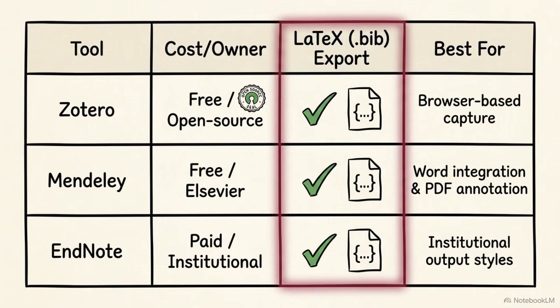For those writing in LaTeX, the most important feature is the ability to export a .bib file. All three of these tools support this format, allowing you to move your library into your document editor. Your choice should match your writing environment. Zotero is built for fast browser-based capture. Mendeley is optimized for direct integration with Word, and EndNote is suited for researchers who need access to thousands of